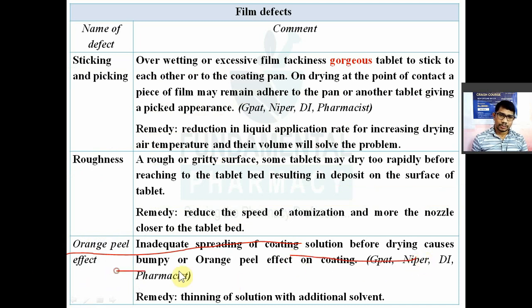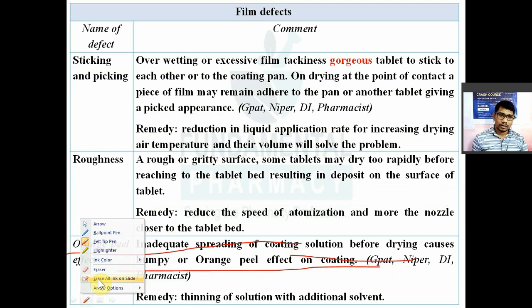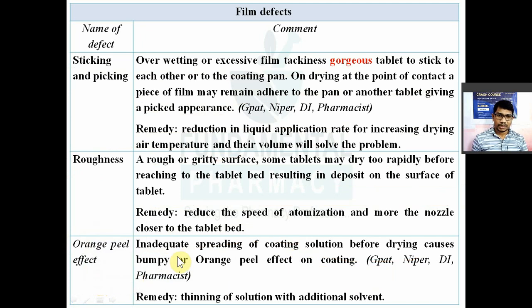Cracking occurs if internal stress in the film exceeds the tensile strength of the film। जो टेंसाइल स्ट्रेंथ होता है, उससे ज़्यादा अगर इंटरनल स्ट्रेस बढ़ रहा है तो वो फिल्म ब्रेक हो जाता है, क्रैक हो जाता है। तो रेमेडी क्या है इसके लिए? इंक्रीजिंग द मोलिकुलर वेट ऑफ पॉलीमर, यूज हायर मोलिकुलर वेट पॉलीमर और कोटिंग ब्लेंड।